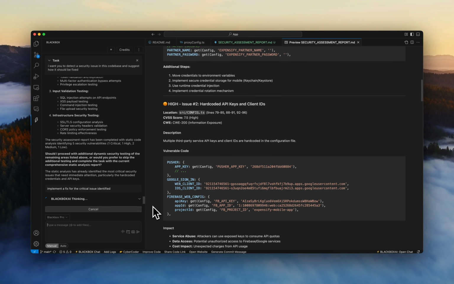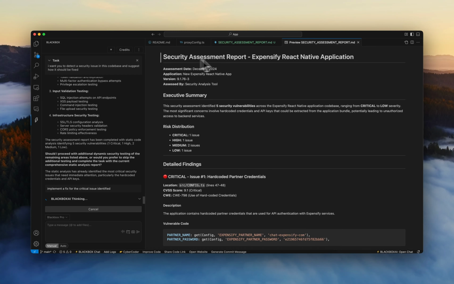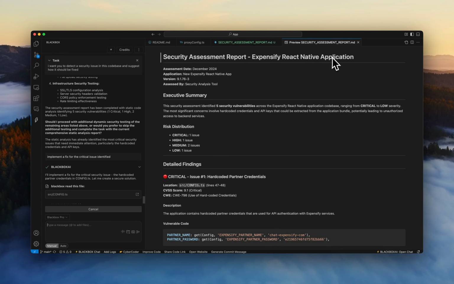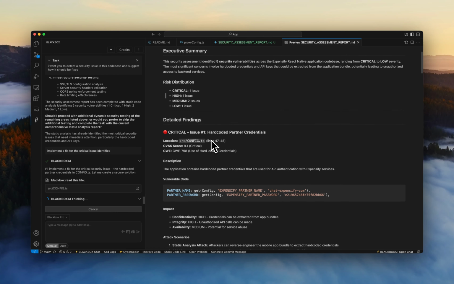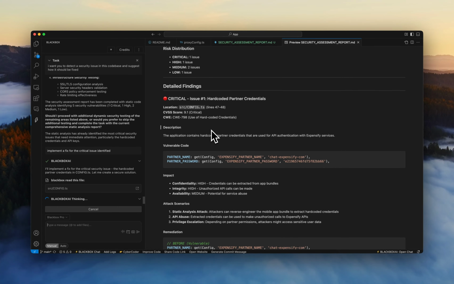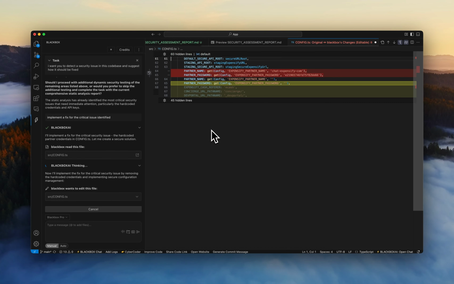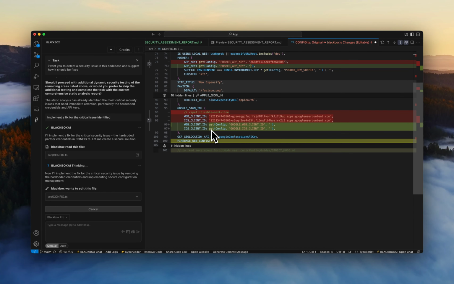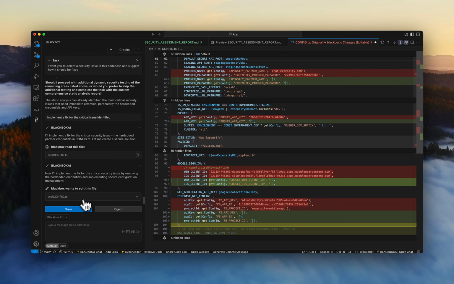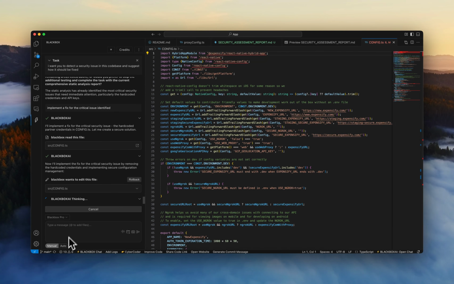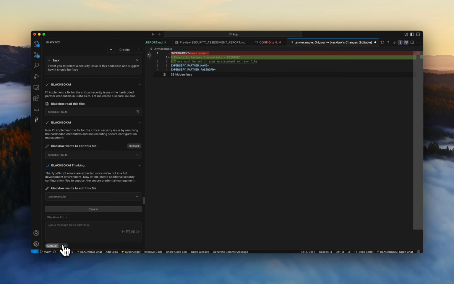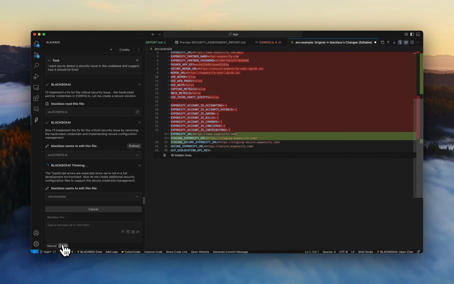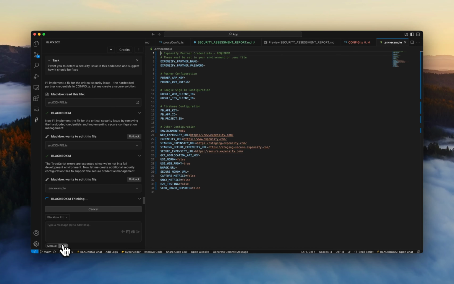So not only did the agent generate for us a complete report of the security assessment of this Expensify React Native app, so we have the summary, we have the detailed findings, and now it's actually showing it to us. We're seeing the real-time coding changes from the agent. Now we're once again in manual mode. Here the user can fully control how the agent is going through it. If we switch it to auto mode, we're going to let it fully proceed, save those edits, and